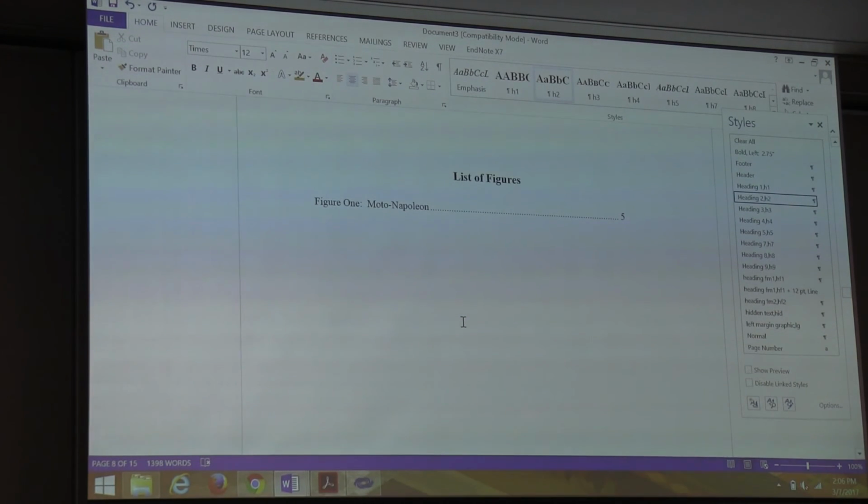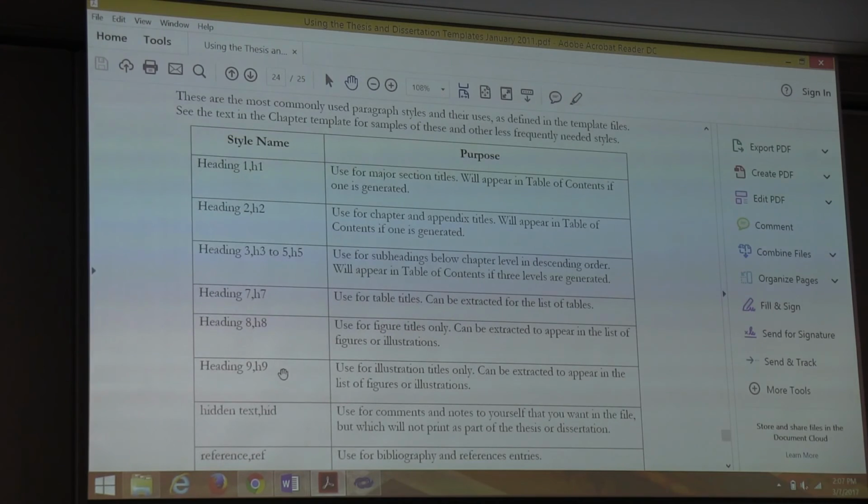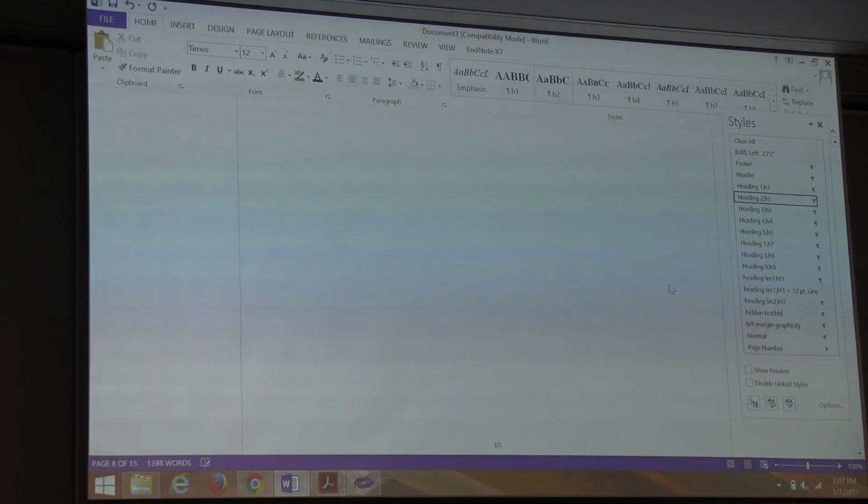Everybody see how those work? If we wanted it to be an illustration, we do that same thing, just call it Illustration 1, and illustration title should be heading 9. So we'd put it in heading 9 instead of heading 8, and then if you update the list of illustrations, it would show up there.